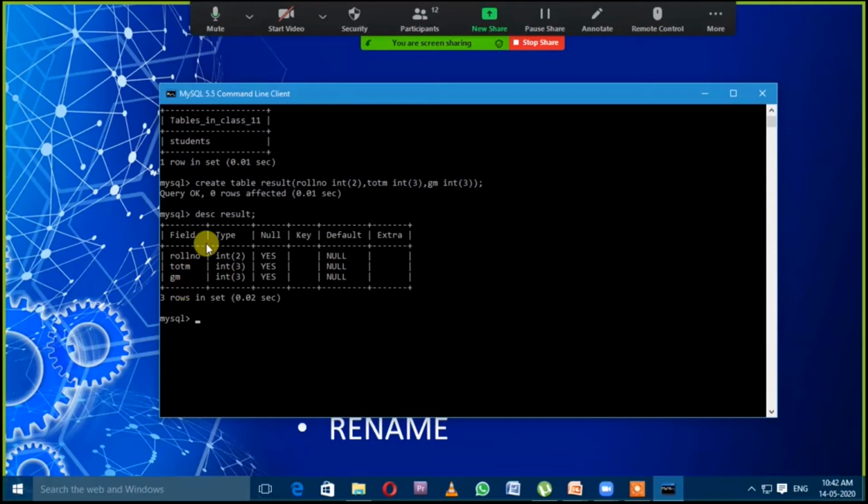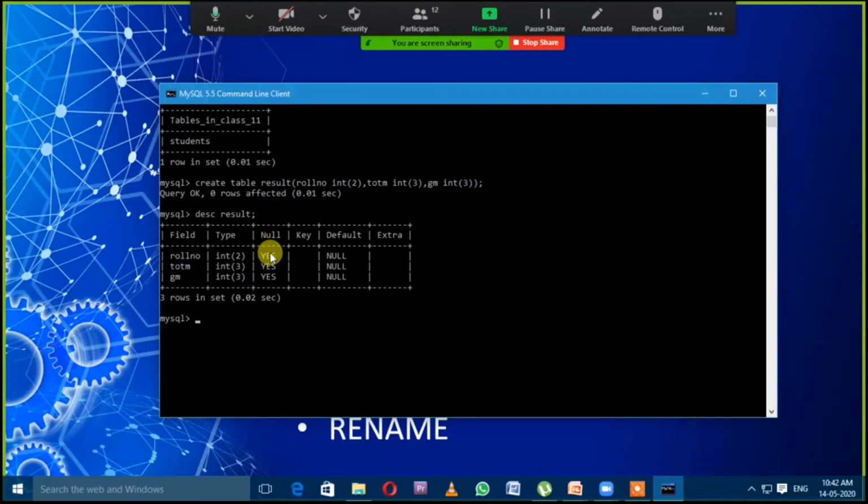Now I want to add subject 1, subject 2, subject 3, subject 4, subject 5. Okay, I want to add these 5 columns again in this table.